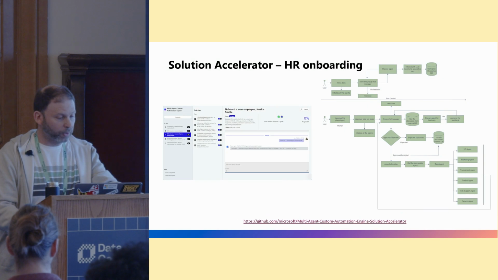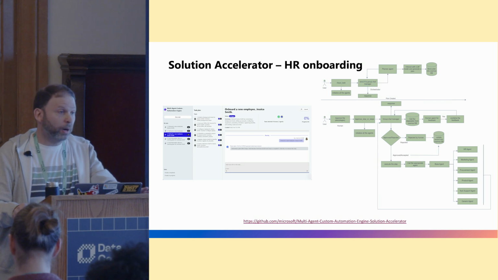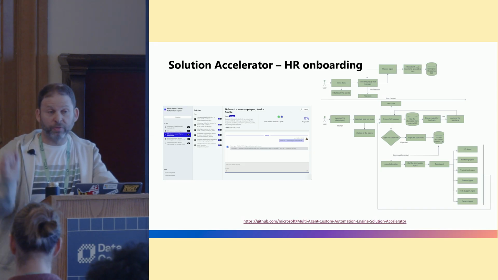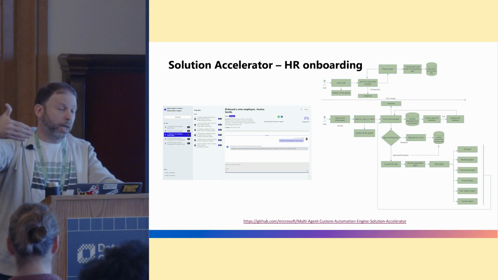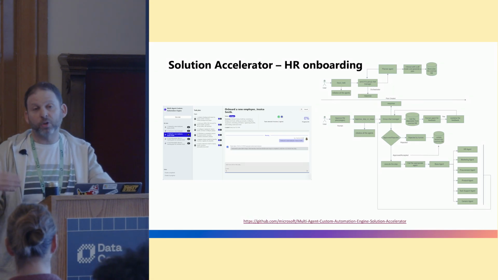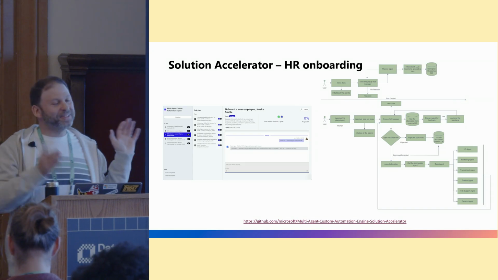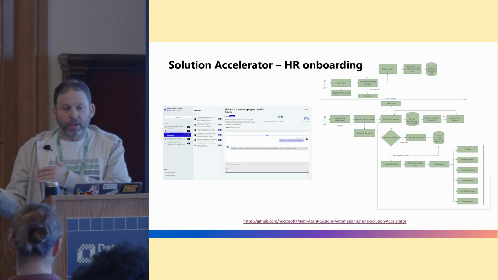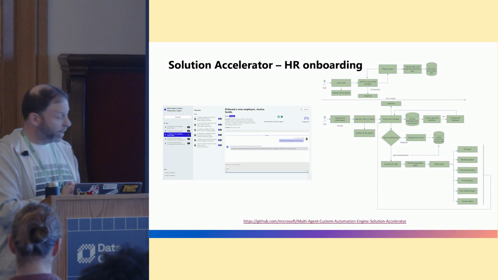Magentic-One. We have a solution accelerator. So we publish different kinds of solution accelerators on GitHub. These are repos where you can typically deploy them with the push of a button, which sets up some infrastructure for you, and it allows you to do so many things. Like everything, you can extend this, but they're always great. It's called an accelerator for a reason. They're designed to meet some sort of general use case, and then you tweak and you modify and you customize for your particular needs. So this one in particular is an HR onboarding